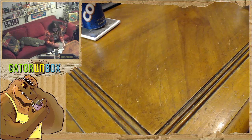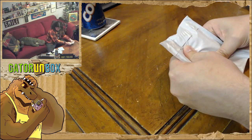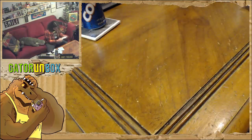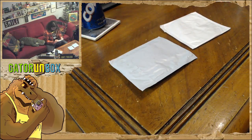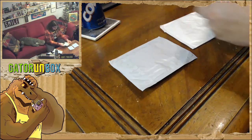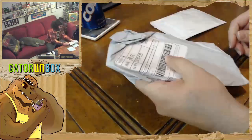So these look like more stragglers from the other thing. I don't know if this feels like a lapel pin. What does this say? This says it's a sock. No, the front says keychain on that one. I think these two both feel like a keychain, and then whatever this is, this one is the most